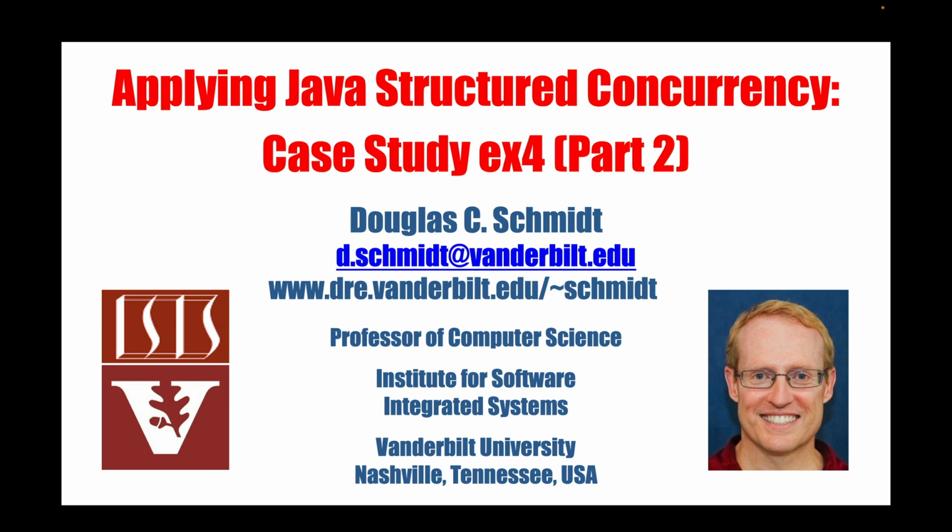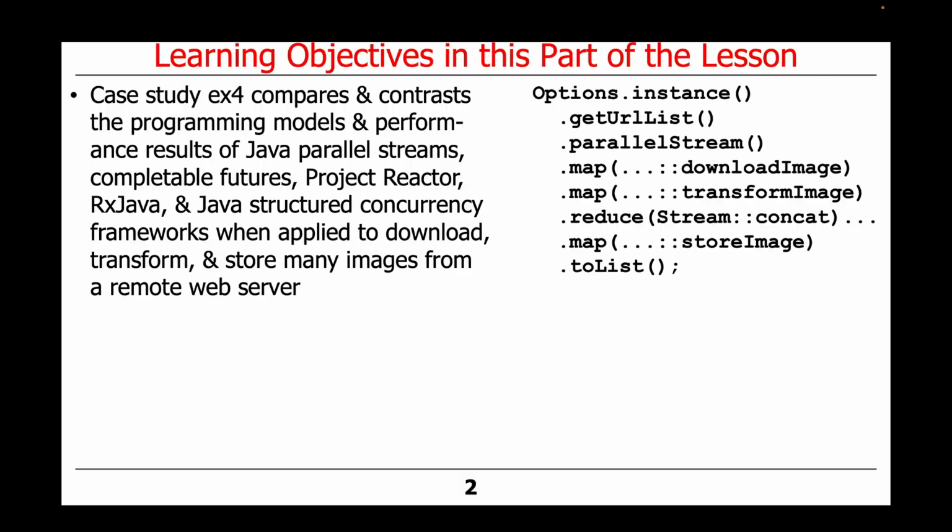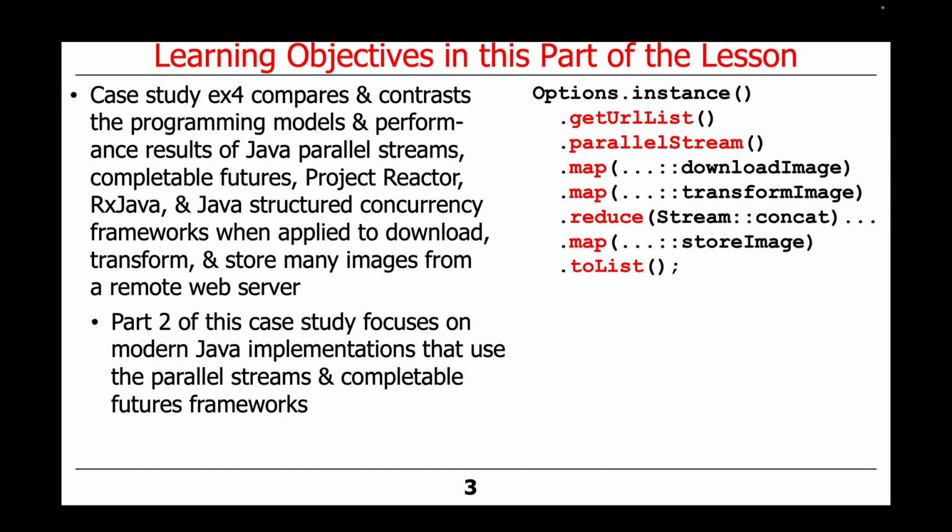Welcome to part 2 of case study ex4, which will describe how to apply various Java concurrency mechanisms. In particular, case study ex4 compares and contrasts the programming models and performance results of Java parallel streams, completable futures, Project Reactor, RxJava, and Java structured concurrency frameworks that are applied to download, transform, and store many images from a remote web server. Part 2 of this case study focuses on modern Java implementations that use the parallel streams and